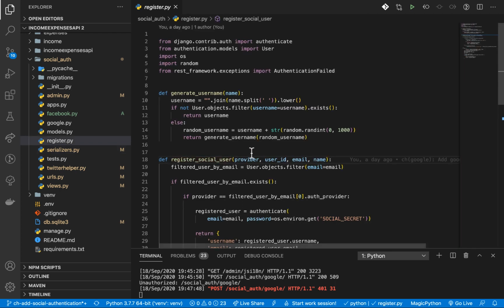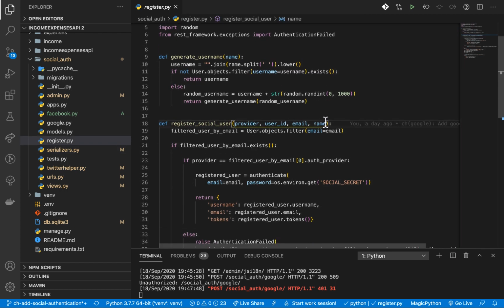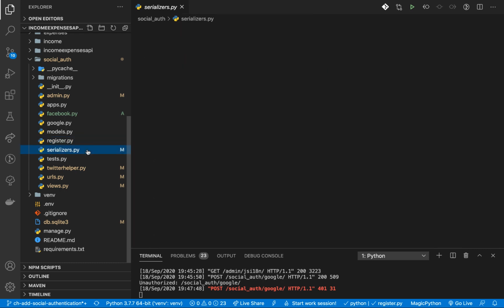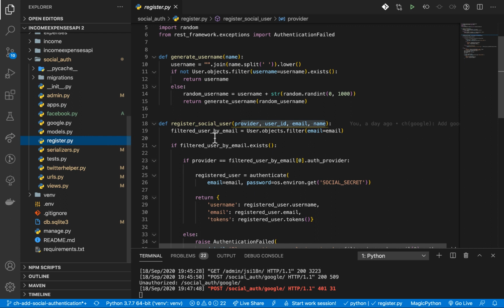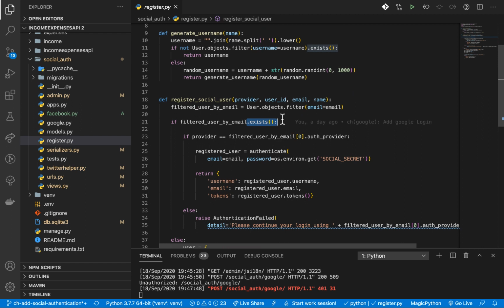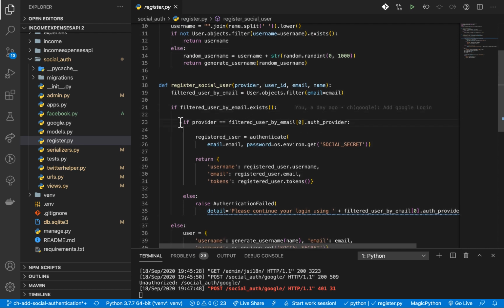So if you come here in register social user, you see that we get the user information that we are sending in from the serializer, which is the provider and so on. So when we come over here, you see that the first thing we do is we try to see if this user already has an email. So when we do the filter, we can have an exists method. When exists returns true, that means that the user already has an account on our application. So the next check we do is